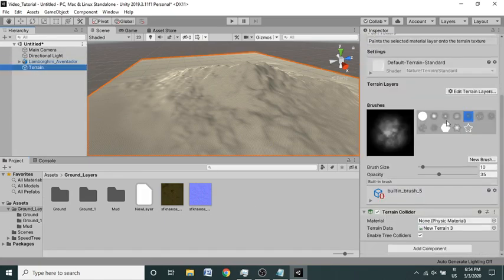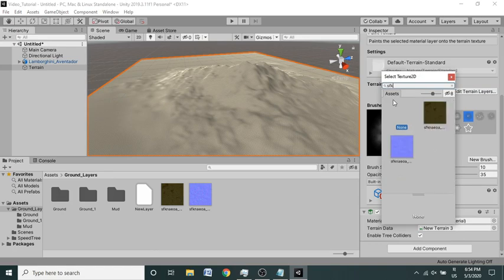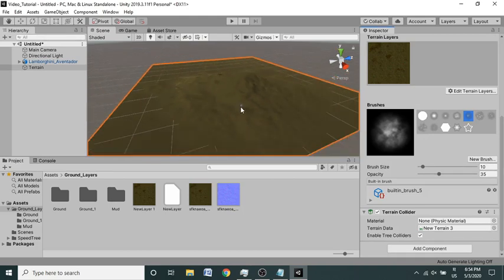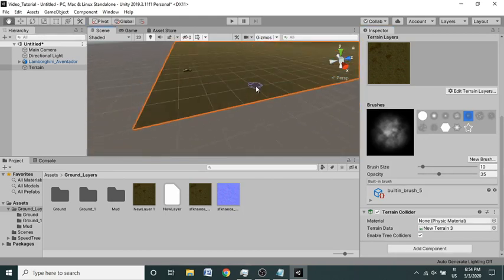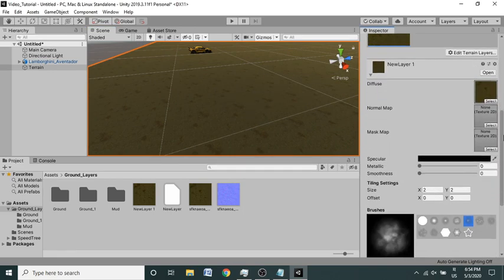Inside Paint Texture, go to Edit and hit Create Layer. I have a texture that I'm going to use in this video because I downloaded it from a site called Quixel. I hope you all know this site, and I have the link to this site inside the description.